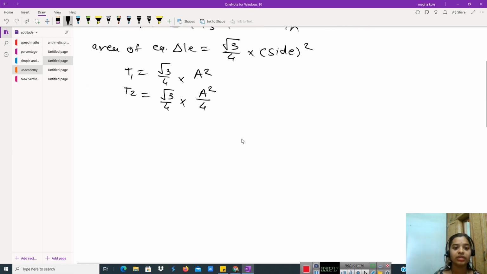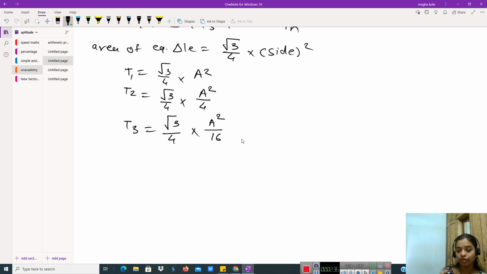Continuing this further, for T3 it will be square root of 3 by 4 as it is into a square by 16. As the side is getting halved, the square of it gets reduced in the ratio of 1 by 4 continuously. So we can say now T is equal to square root of 3 by 4